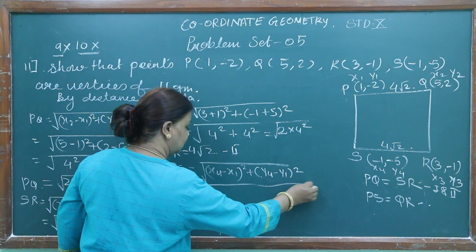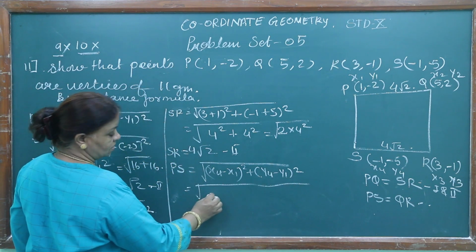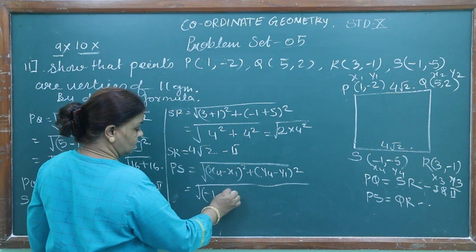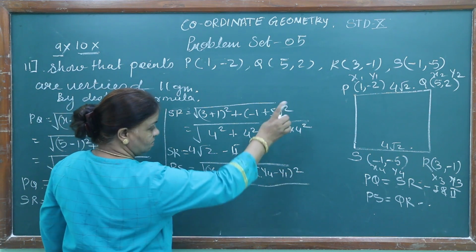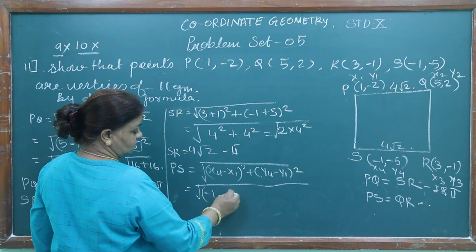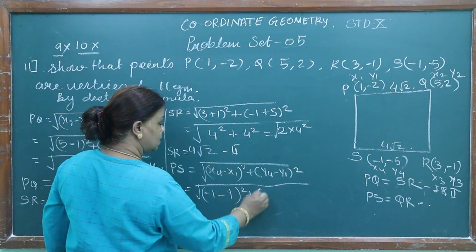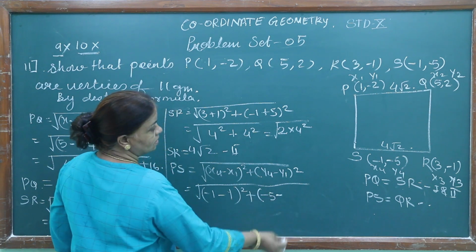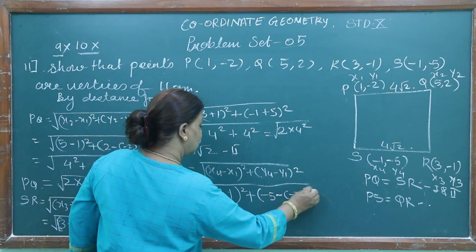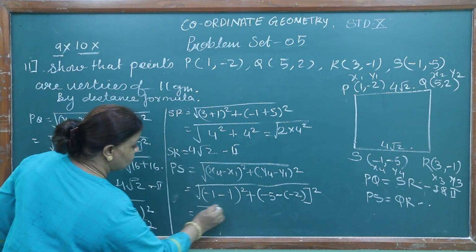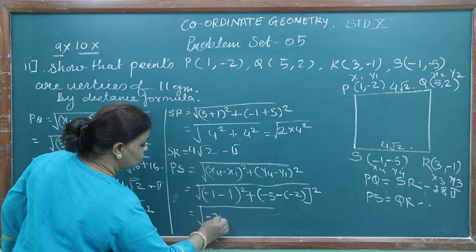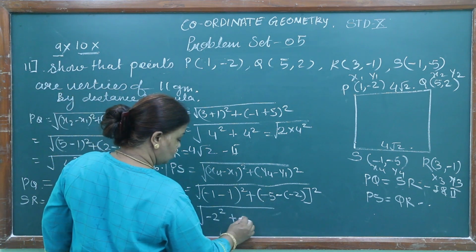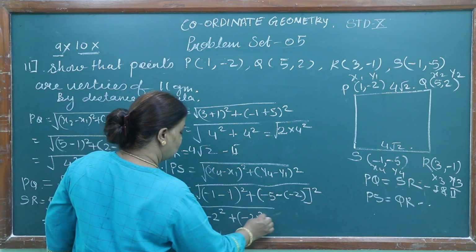What are we getting? x4 is minus 1 minus x1, (minus 1 minus 1) the whole square plus y4 is minus 5 minus 2 the whole square, which is equal to (minus 2) square plus (minus 5 minus 2, that is minus 7)